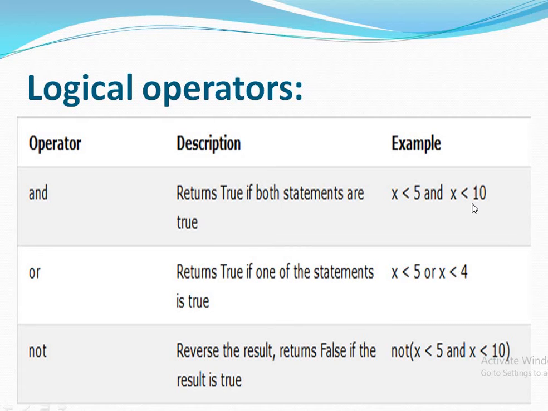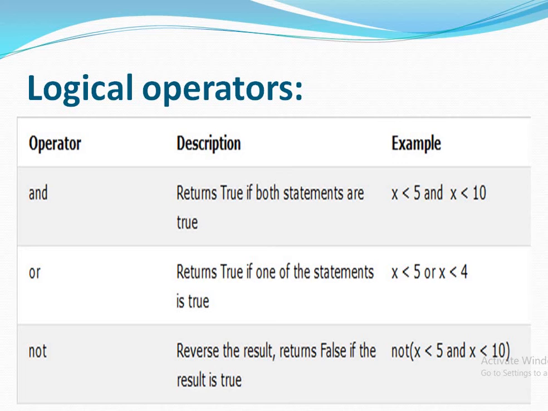Let's take an example where the value of x is 3. So 3 is less than 5 and 3 is also less than 10. So both conditions are true. So in this case AND will return true. Otherwise your AND will return false. Now in case of OR, what happens? Say the value of x is 3 only. So here also both cases are true. If any one of the cases in case of the OR operator is true, then only your OR operation will return the true value.